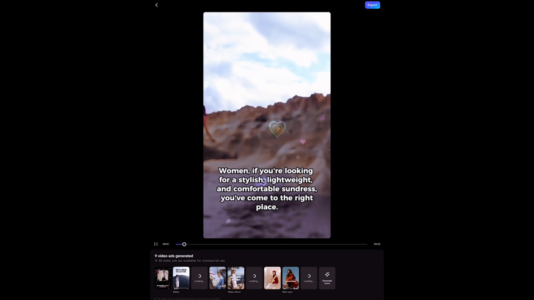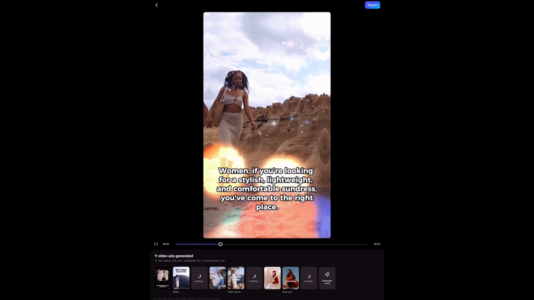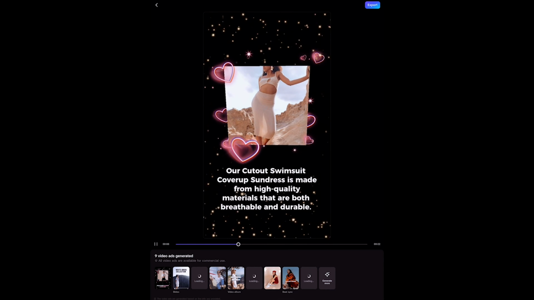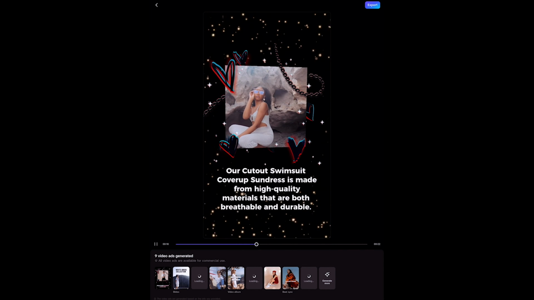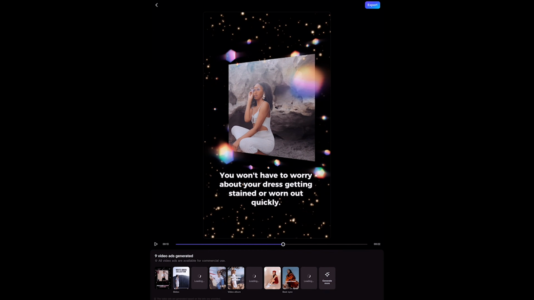Women, if you're looking for a stylish, lightweight, and comfortable sundress, You've come to the right place. Our cutout swimsuit cover-up sundress is made from high-quality materials that are both breathable and durable. You won't have to worry about your dress getting stained or— Okay, so as you can see at the bottom,